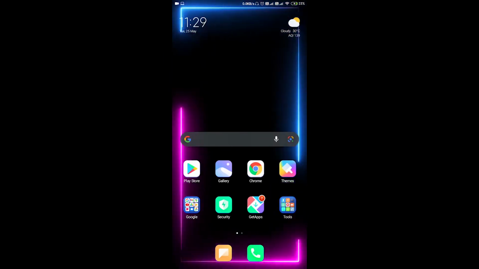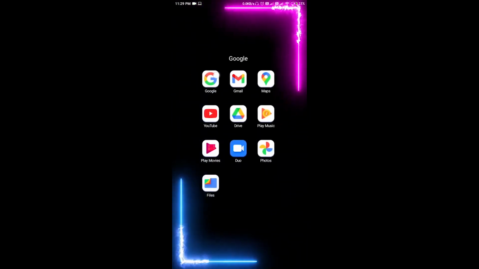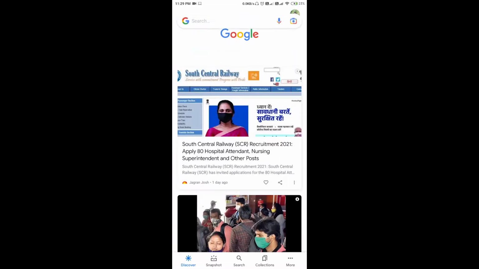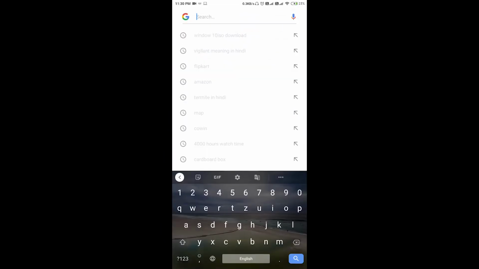Now we will open Google. Then we will type Windows 10 ISO download.